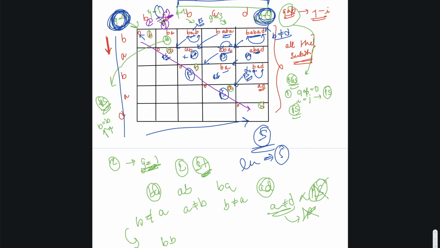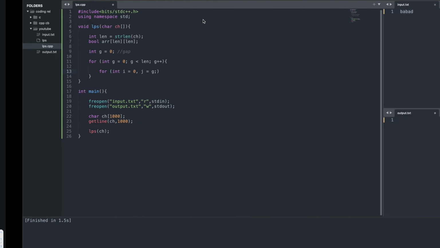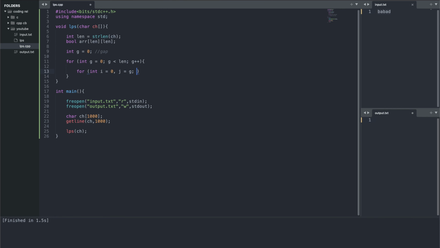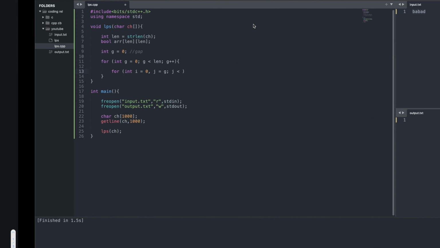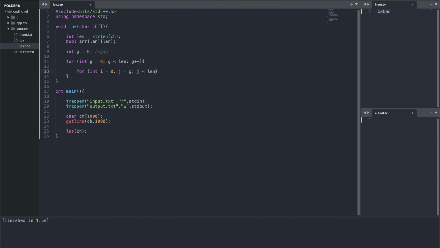The i will start from the 0th row and j will increase with g. So j should be less than the length, and j plus plus. Okay.